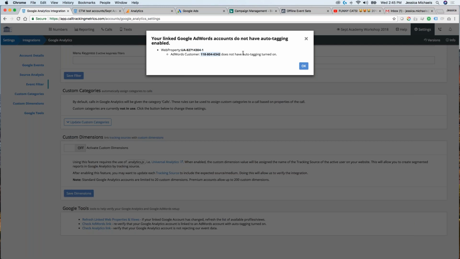Now that is a false negative, because that is looking in real time, and what it sees is that I'm not currently running any ads, so it's not seeing any data, so it's assuming that because it sees nothing, auto tagging is turned off. So that can be a little misleading.